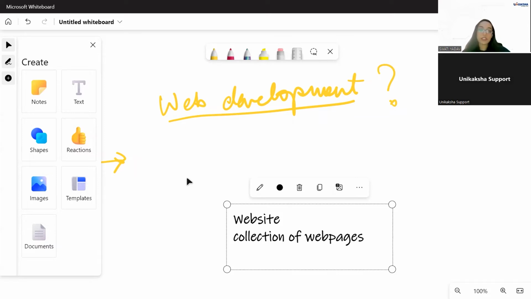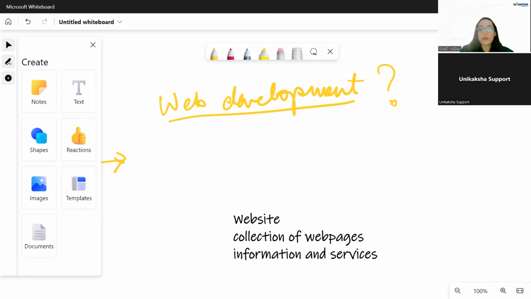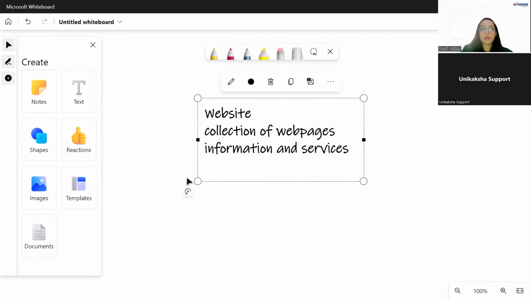Organizations and businesses, through their websites, aim to provide information and services to their members and customers. Information and services is something that you get through a website. Websites have also become a medium of entertainment. You can play games online, watch movies, listen to music, etc. There is a lot that we can do now, right?